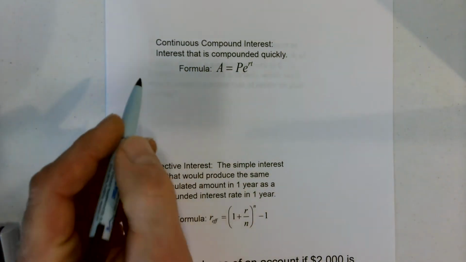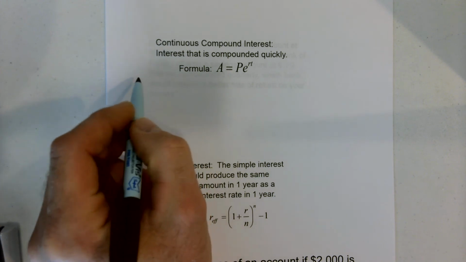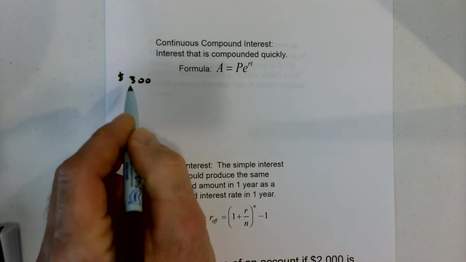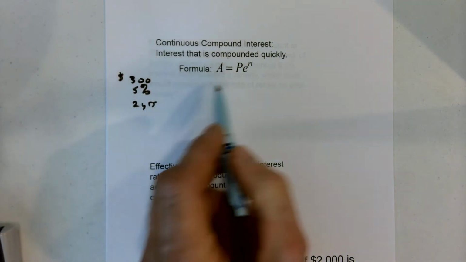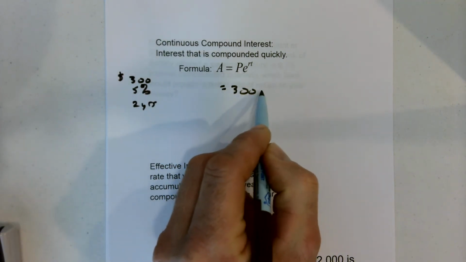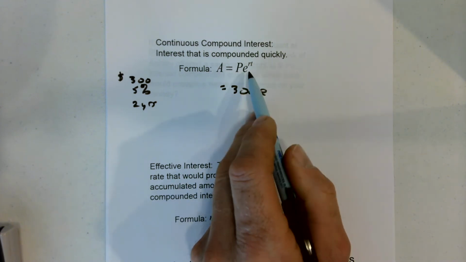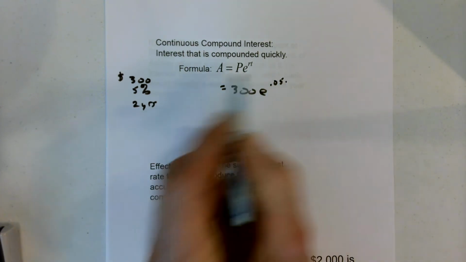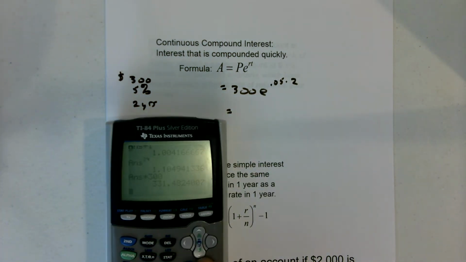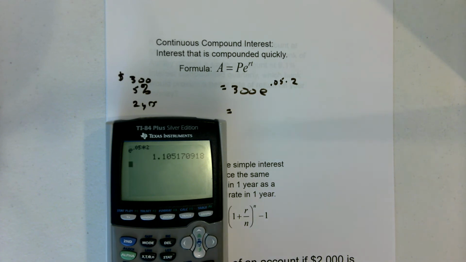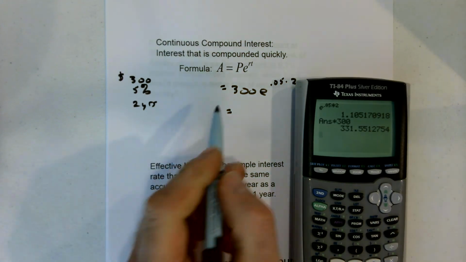So, what happens if we do that? What if I take my $300 at my 5% for 2 years, compounded continuously? Well, I would have my 300. Remember, e is a number. My rate is 0.05 times the number of years, which is 2. So I can put this into my calculator, which we've spent a little bit of time already this year doing. So I take my e to the 0.05 times 2, and I'm going to multiply that by my 300. So the most I can expect to earn would be